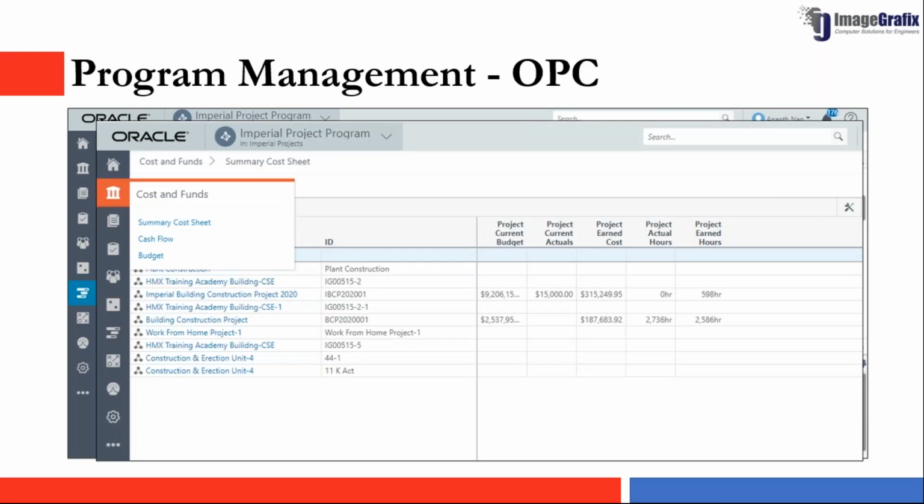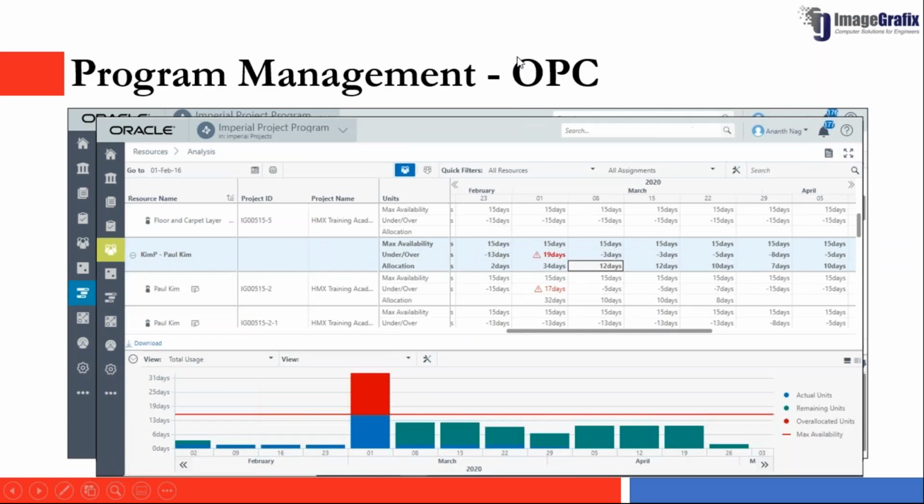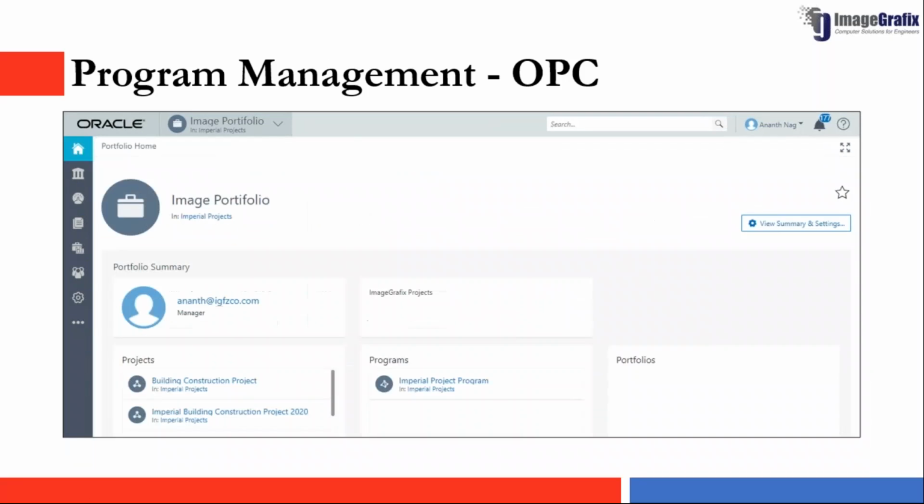So this is the cost sheet. You can have the summary cost sheet, and you can have the cash flow, you can have the budget at program level. And you can also do the resource analysis at program level as well, right? So coming to